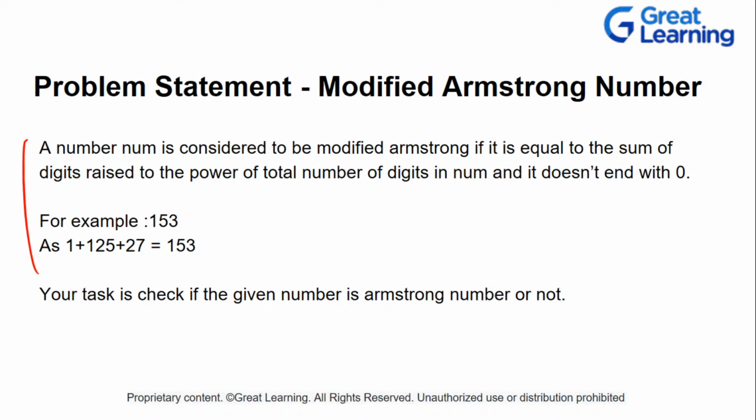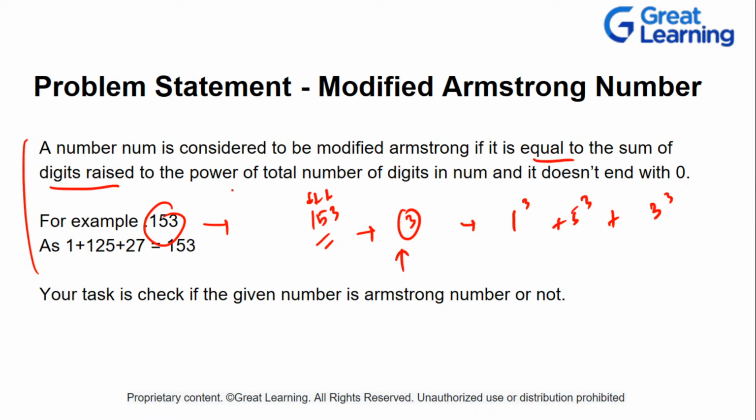So now, you have been given a number and you want to find out whether this number is an Armstrong number or not. Now, what is an Armstrong number? If you have been given this number, how many digits are there? 3. Now, let's suppose 1 raised to the power 3, 5 raised to the power 3, 3 raised to the power 3. An Armstrong number is equal to the sum of its digits, each raised to the power of the total number of digits in the number. That is 3. So 1 raised to the power 3 is 1, 5 raised to the power 3 is 125, and